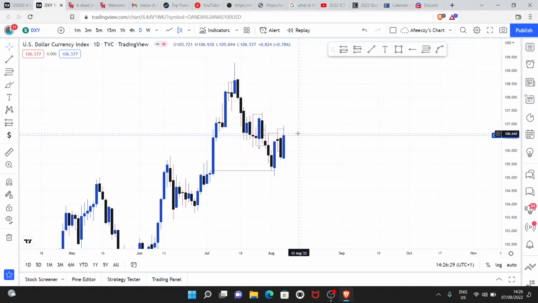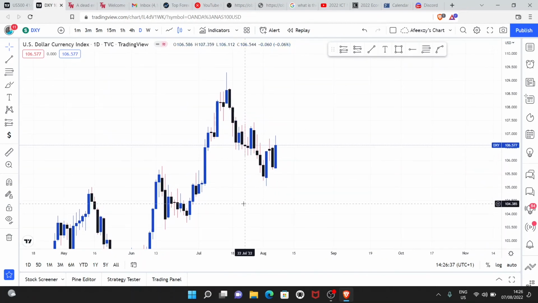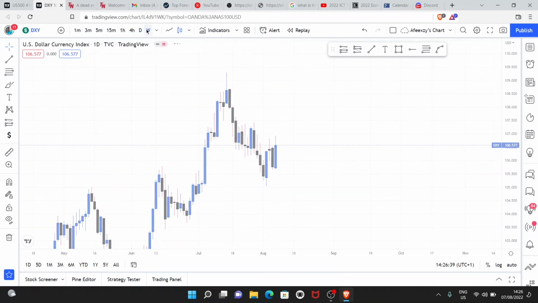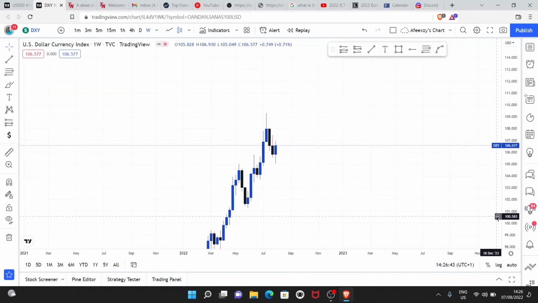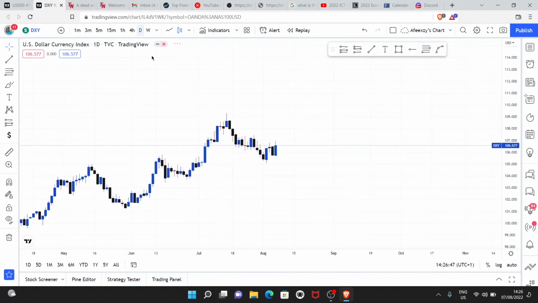So I'm just watching what's happening. I'm following what's really happening to DXY. So let me just clear the last week analysis. On our DXY, let me check the weekly time frame. The weekly time frame is showing not something really clear here. But going down to our daily time frame,